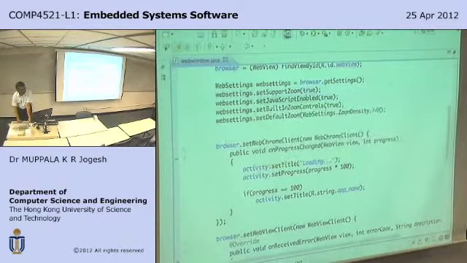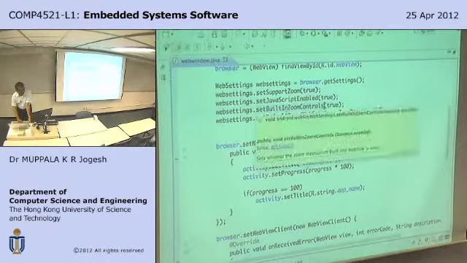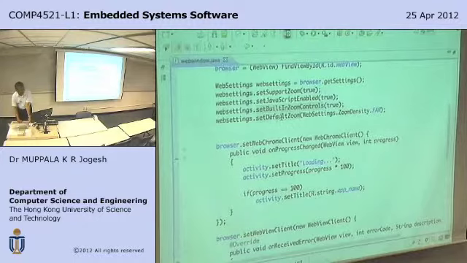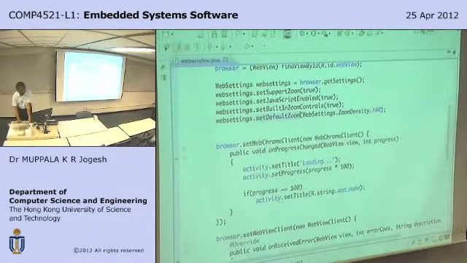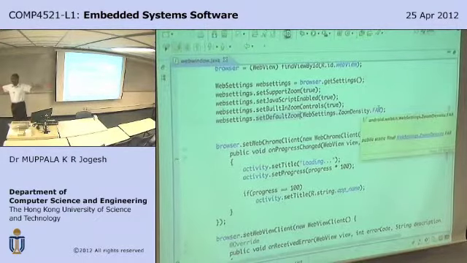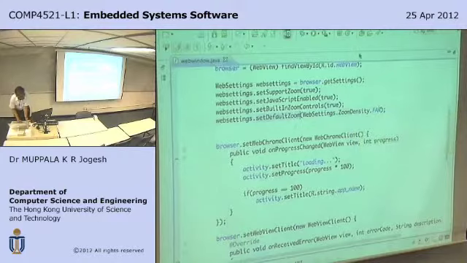JavaScript enabled, built-in zoom controls, and then set default zoom. So for example, if you have a mobile device, you can set the default zoom to show a certain part of the device. By setting this to zoom density far, I basically compress the whole web page to fit within the window. So that's why you notice that when you invoke this application,